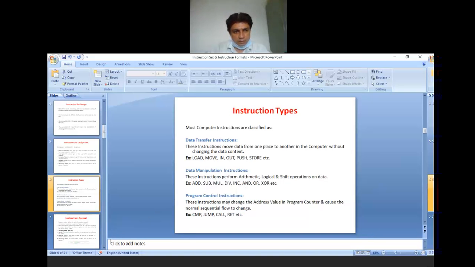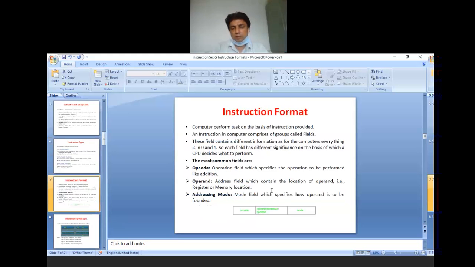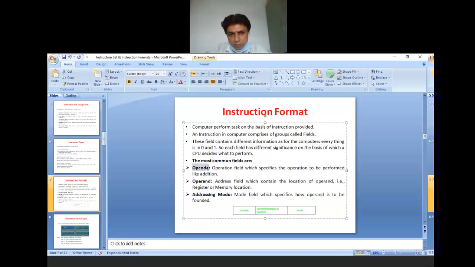We also discussed the instruction formats and its types. The instruction format consists of the opcode, operand, and addressing mode.